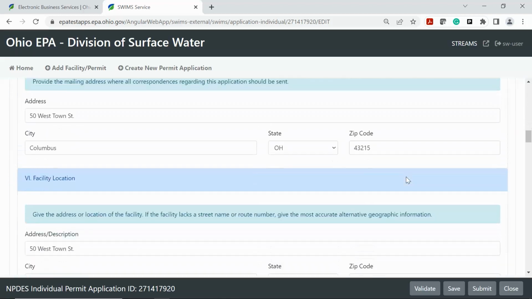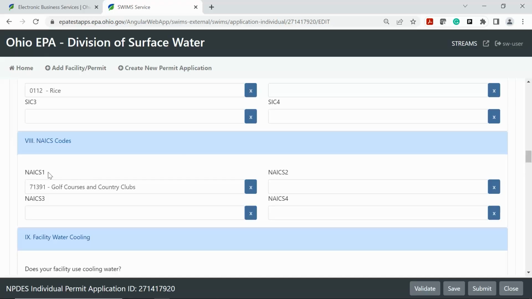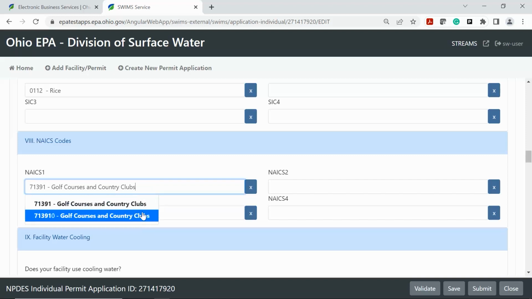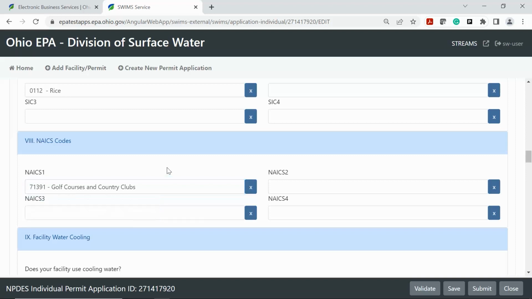When you're scrolling through it, some other examples that will be missing are this NAICS code. SIC and NAICS codes are used to classify businesses according to the industry type. They describe the facility in terms of the main products or services produced or provided. There are a number of resources out there that have all this information. Feel free to reach out to me if you're not sure where to find that, and I can send you links to those websites. So if you're not sure of the number to go here for the NAICS code, you can also click in this box and just type in a keyword. It'll also bring up some examples, but be careful of doing that because if you don't select the right one, it can determine what kind of reporting you have to do for your permit, and it could be the wrong one.